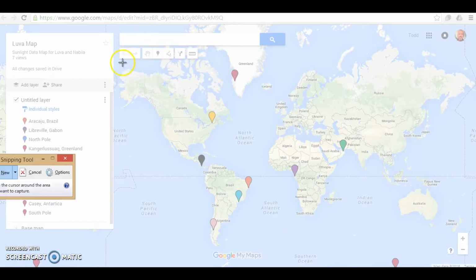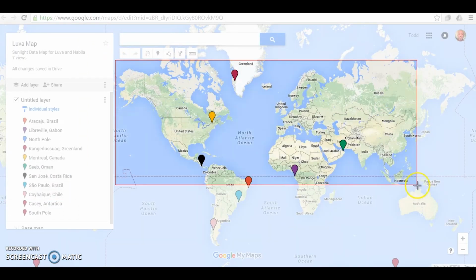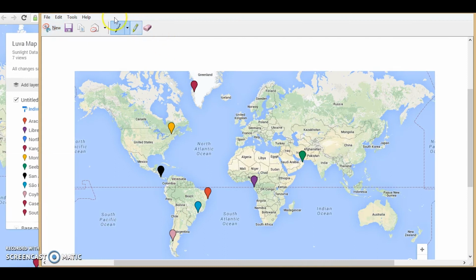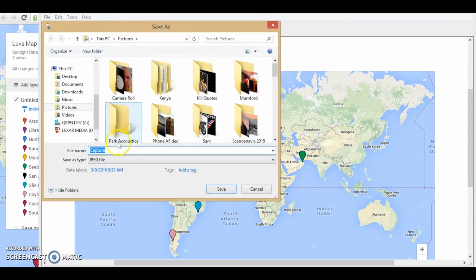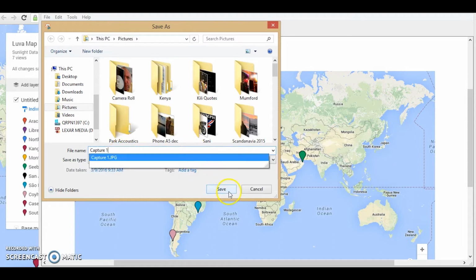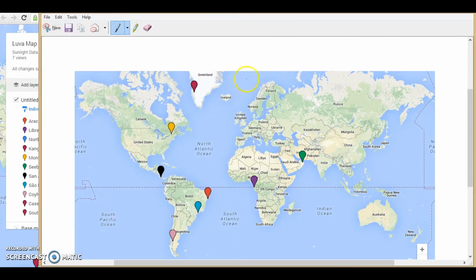So I'm going to go new, and I'm going to come up as high as I can and come across, and I'm going to come down to right there, and I'm going to save that as capture 1. Okay, and then I'm going to